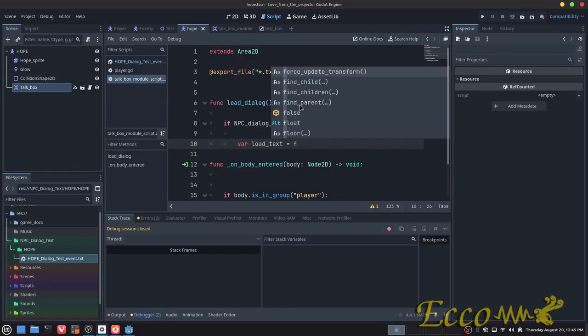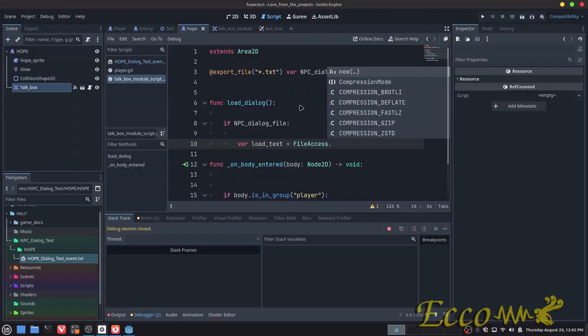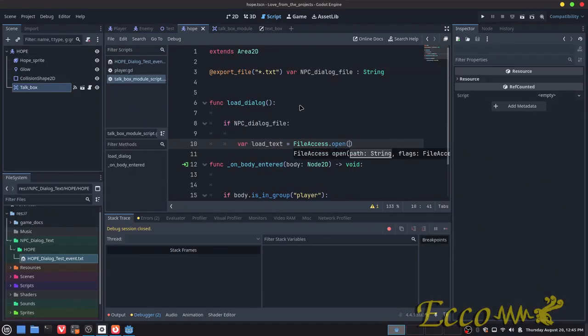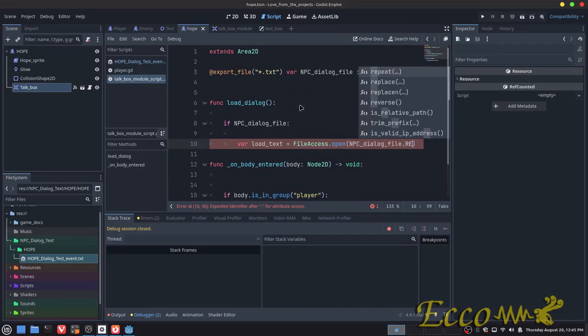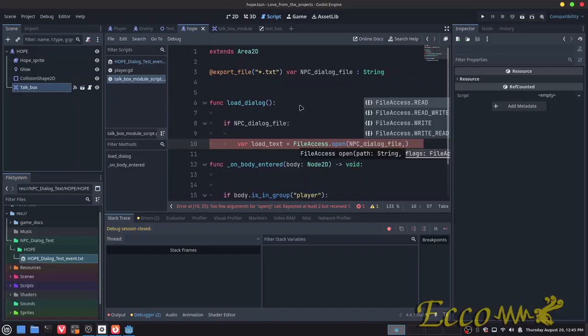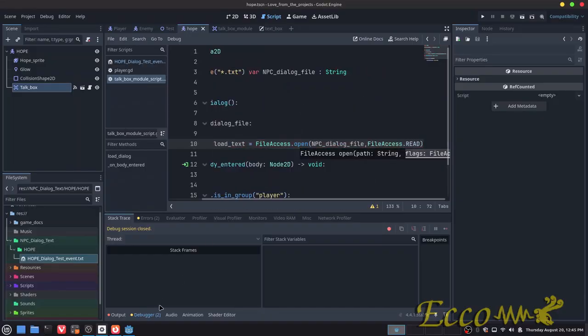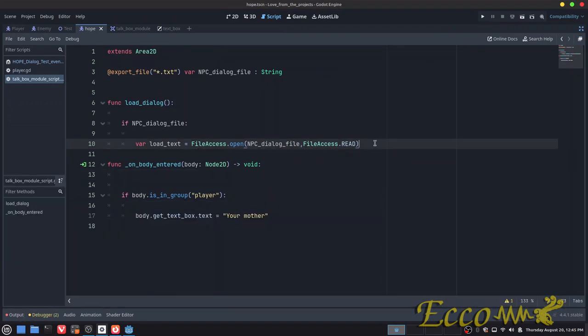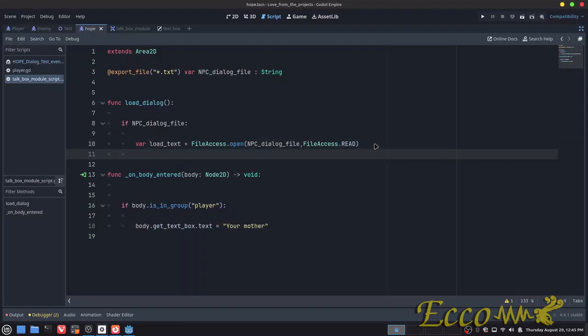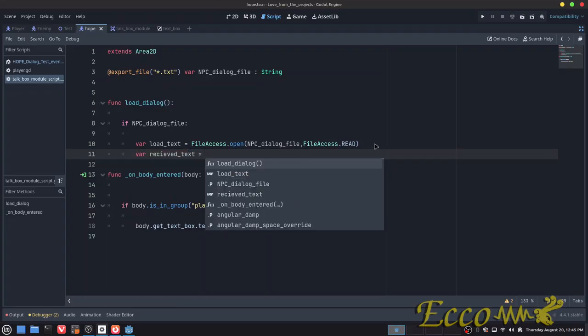That's going to be file access dot, is it a dot? Yeah, dot open. And then this needs to be read. So string path will be npc dialog dot read. Oh wait, or does it need to be comma file access read? Like so. And then let's see here, variable received text equals load text